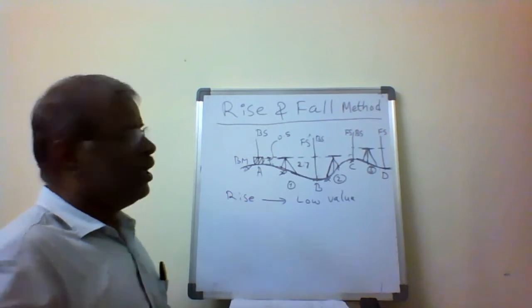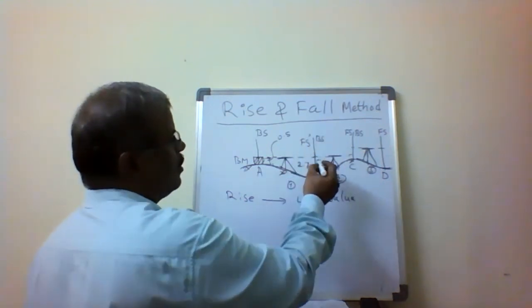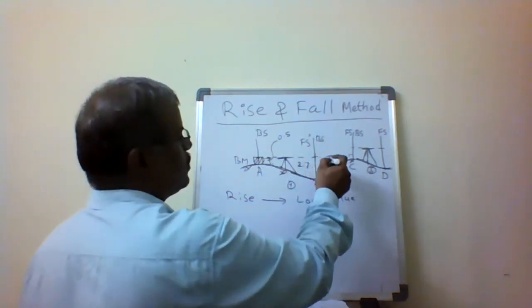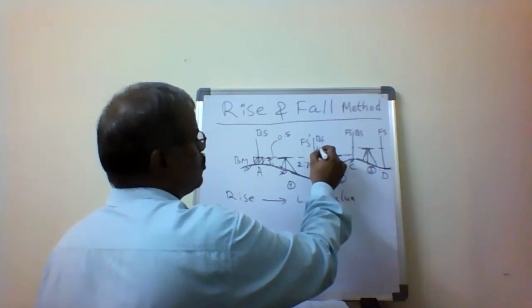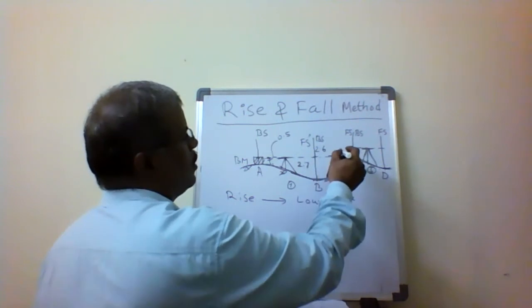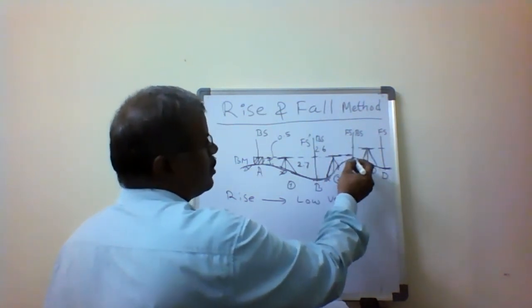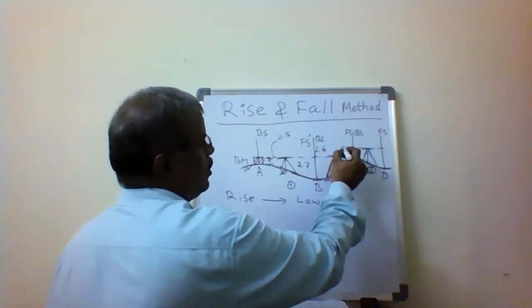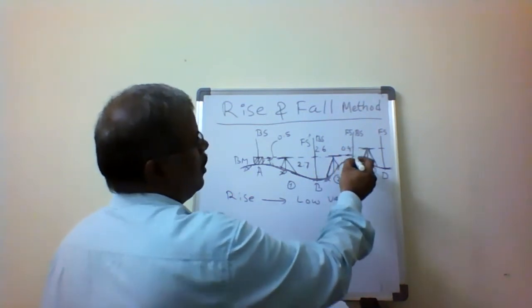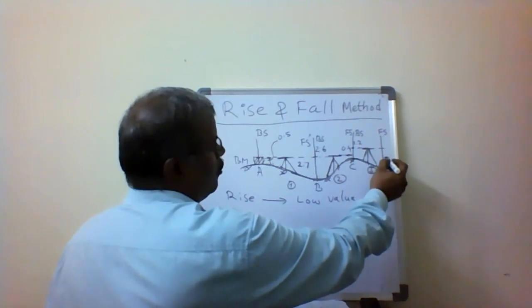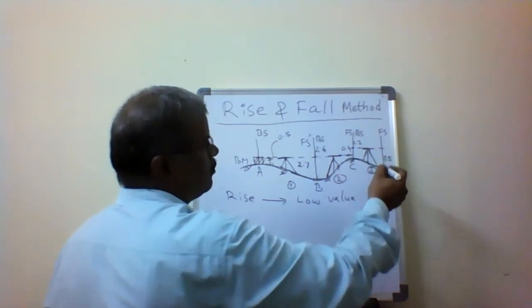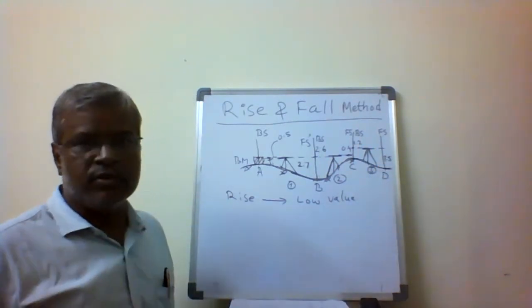Here I am able to get 2.7. Now here we go for the backsight reading. The backsight reading is also more, so here it is 2.6. Here once again the rise will be there, so we get 0.4, and then we get 1.2, and the fall will be there, it is 3.5. So these are the readings.